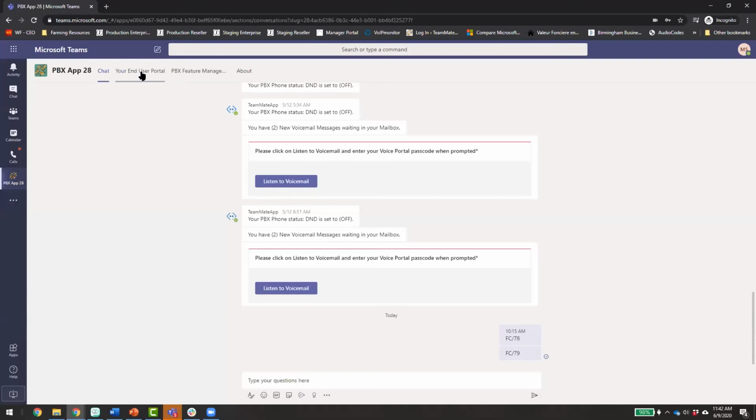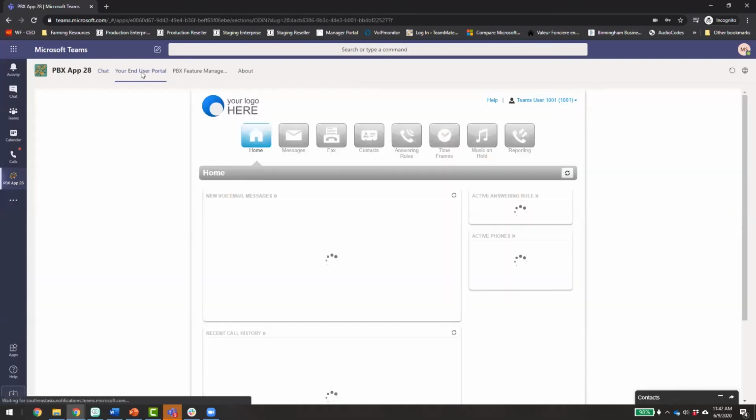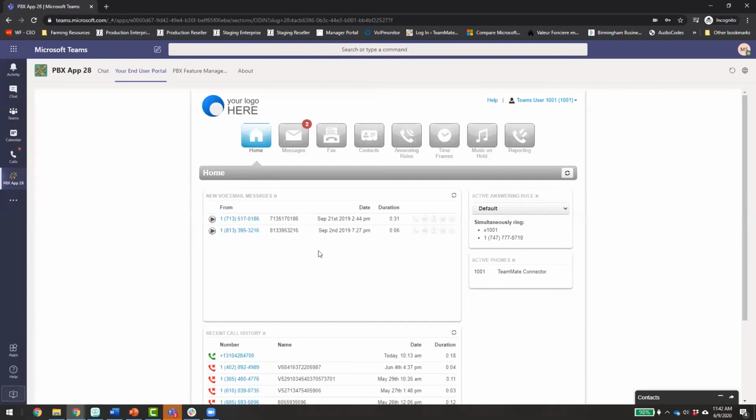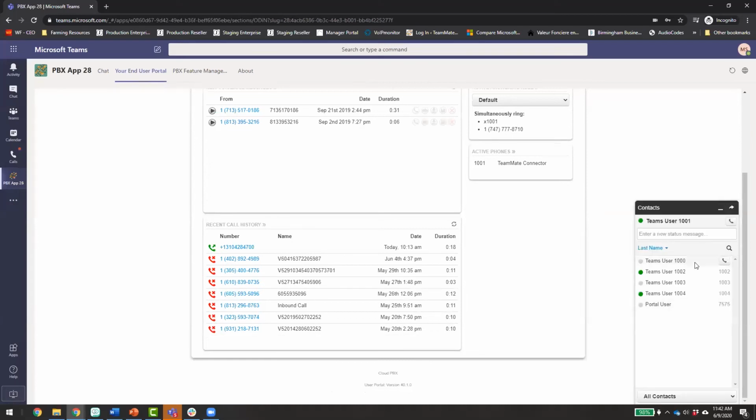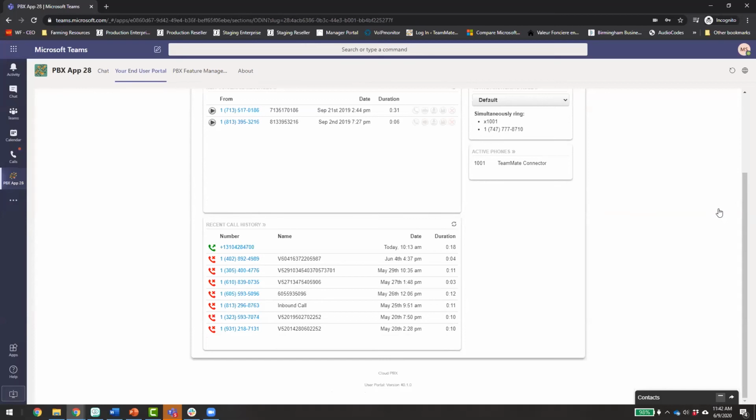The second portion of this is the end user portal. This probably looks familiar to many of you. This is the NetSapiens portal that SkySwitch delivers. I have an unbranded version of it. I claim no credit for this portal. All we do is put it in here. This is all SkySwitch. So you'll be able to put this portal in, or whatever portal you want to put in here.